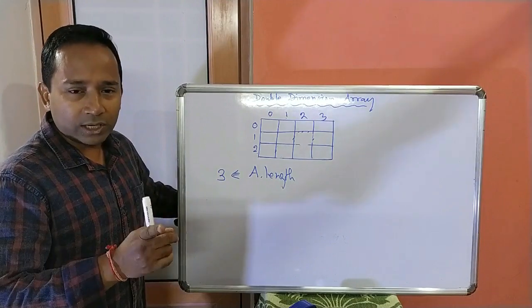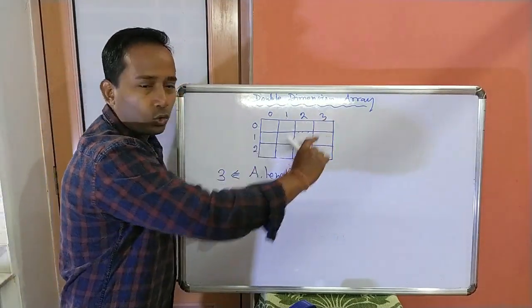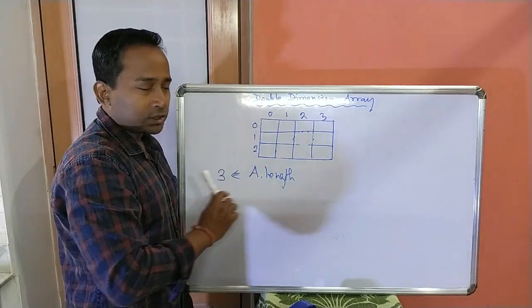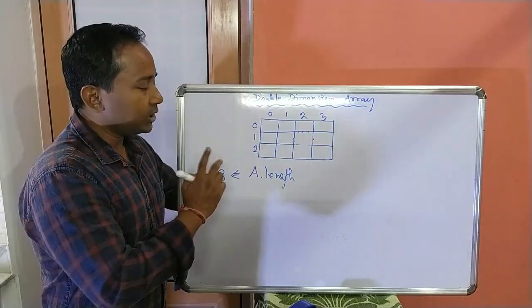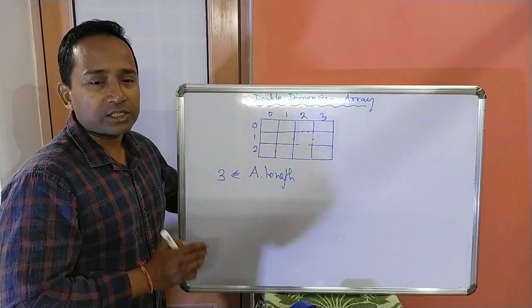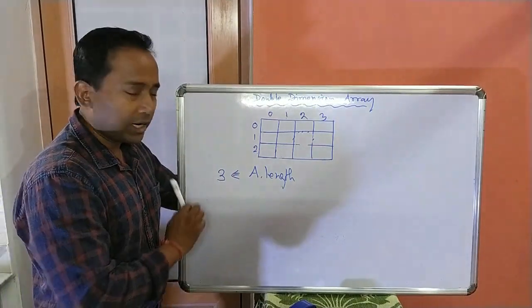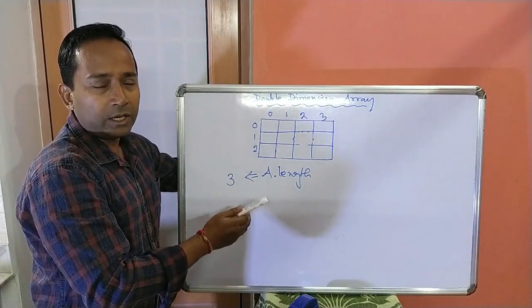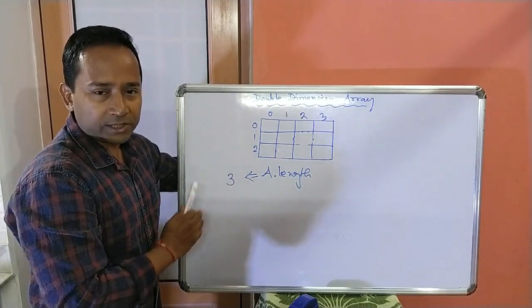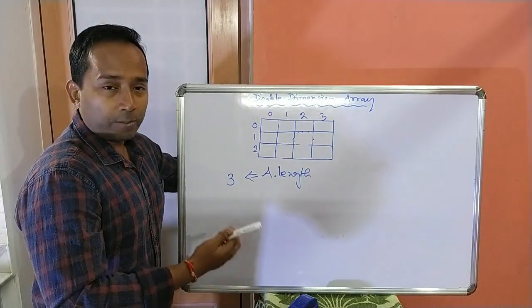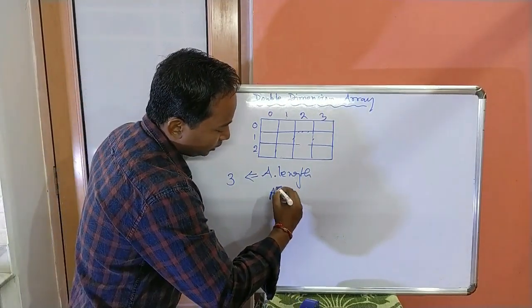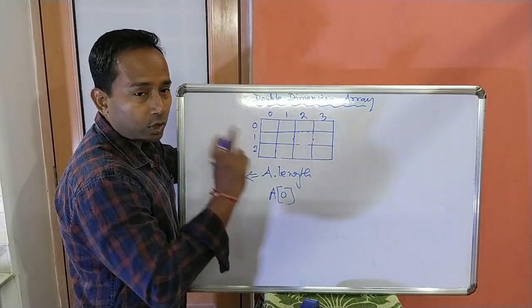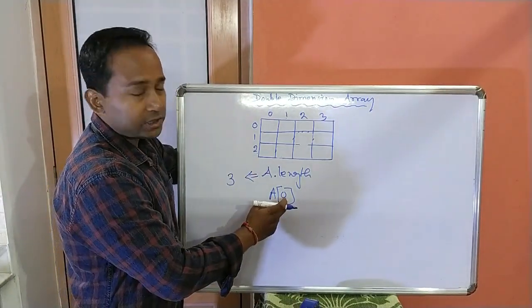So here one single dimension array, which is one row, is one element of that array. So in this double dimension array, how many rows are there? 1, 2 and 3. So it is considered as a double dimension array consisting of 3 single dimension arrays. So here it is 3. So array name dot length for any double dimension array will give the total number of rows present in the double dimension array. And for the number of columns, refer to the first row of the double dimension array, having index number 0.